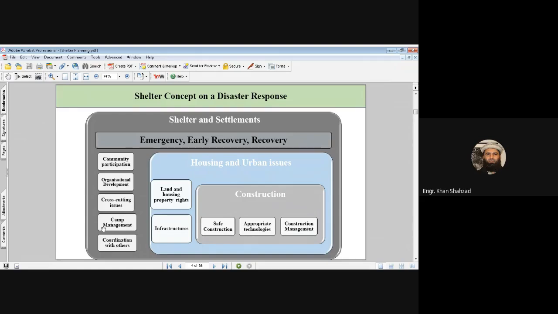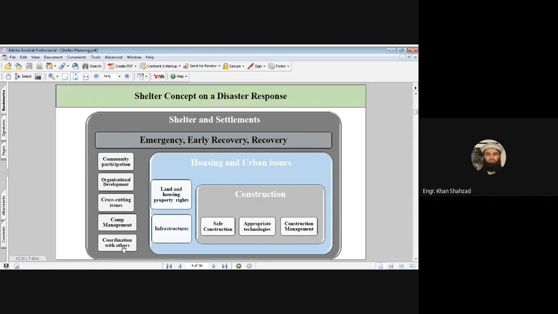Then camp management, this is also most important. If you have made a camp for the people and you have evacuated the people to the camp, this can be either in man-made disasters or in natural disasters. So if you have people like the internally displaced people and you have accommodated them in the camps, then the management of this camp should be very good, so as to accommodate these people, to help these people, and to recover these people from the disasters.